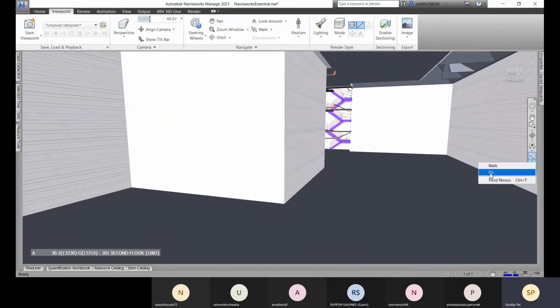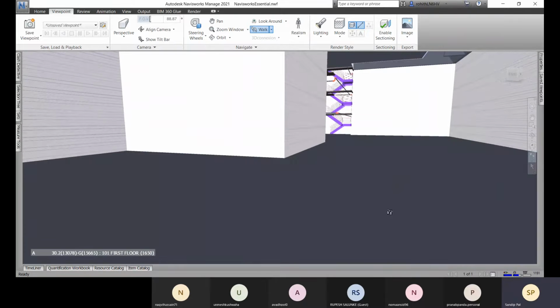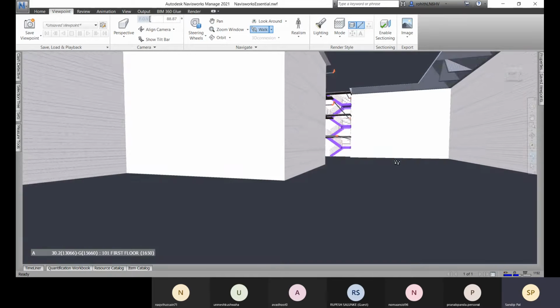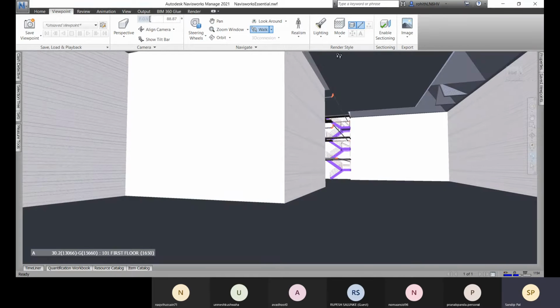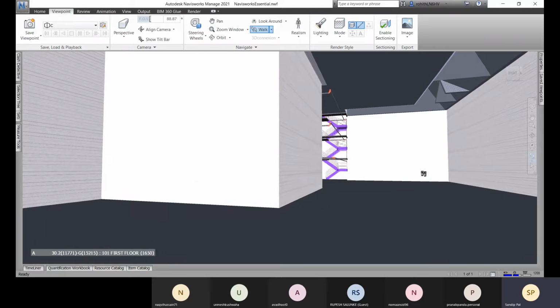And after that, I will choose walk and select the gravity option so that you come to the floor. And from the floor, you will get an eye height, okay, where the camera will be placed. So you can change the camera position also for the view. And after that, you can save this viewpoint again for C. Now let me move forward.